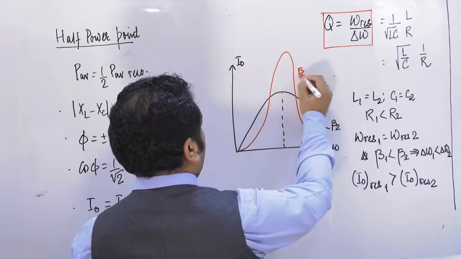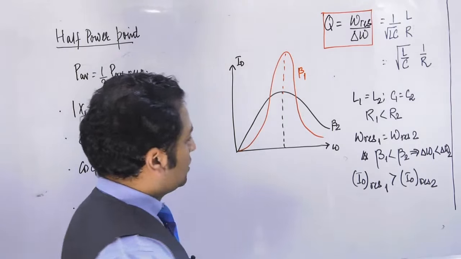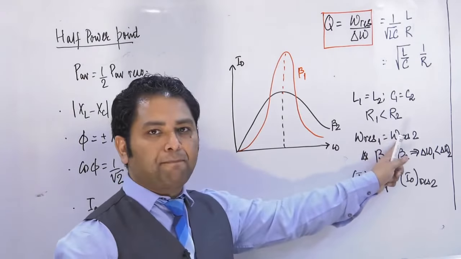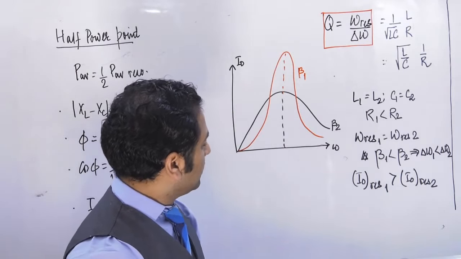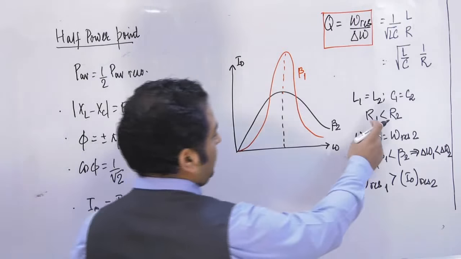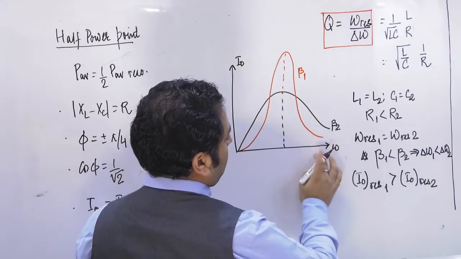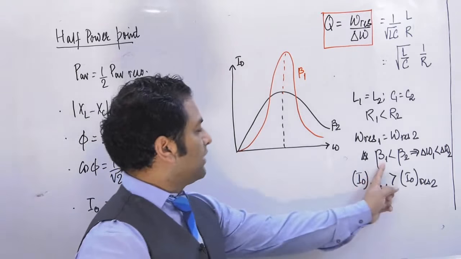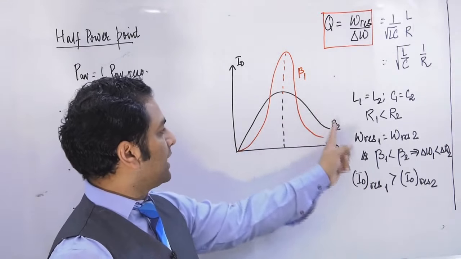So this will be beta 1. Now just look, interestingly, for both beta 1 and beta 2, the resonating frequency is the same, but the peak current... I think R1 is less than R2, so this has to be opposite. Never mind, R1 is less than R2, so beta 1 is less. That's perfectly fine. Beta 1 is less, and therefore the peak current of resonance 1 would be higher than the peak current